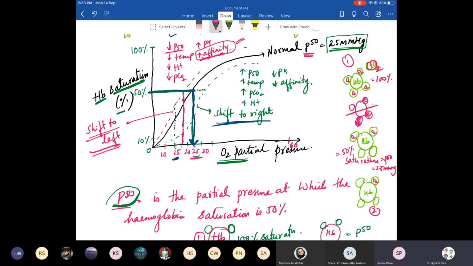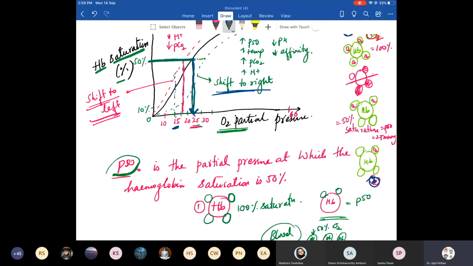This is the third diagram, when it is binding with one and the rest are left, it is somewhere midway to bind all the 4, no? Midway to bind all the 4. Yes. So tell me, this is the first diagram and this is the last, third diagram. Which hemoglobin will have more affinity to bind to the oxygen? The last one, because it has 3 sites which are left. So this will have more affinity for binding to the oxygen. Are you understanding? Yes, ma'am.